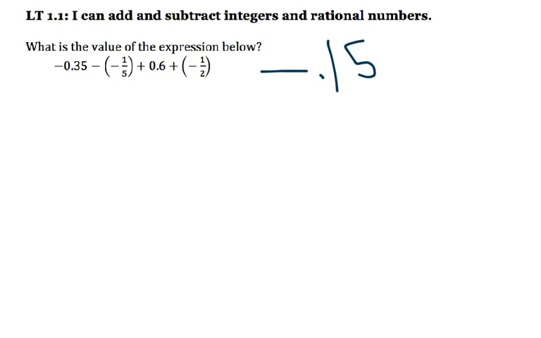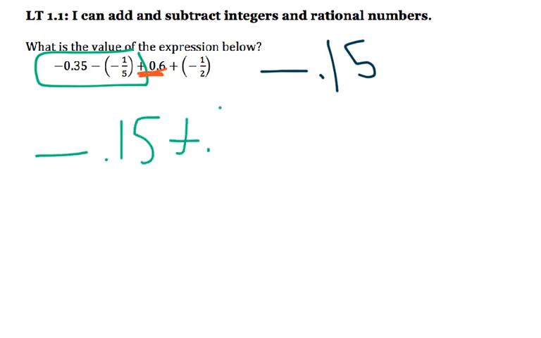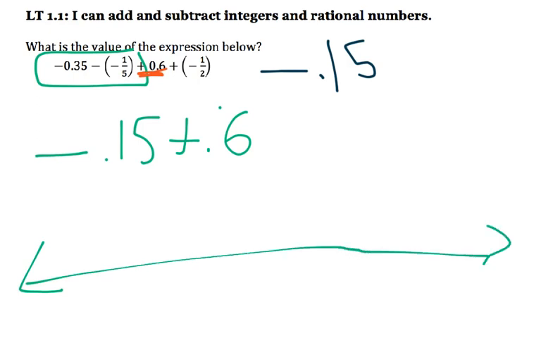Okay, so now we know that negative 3500 minus negative 2/10 will give us negative 0.1500. So now we're going to do the plus 1/6. So you do negative 0.15 plus 1/6. We're going to do this on an open number line. So you start off negative 1/5. So you have to add